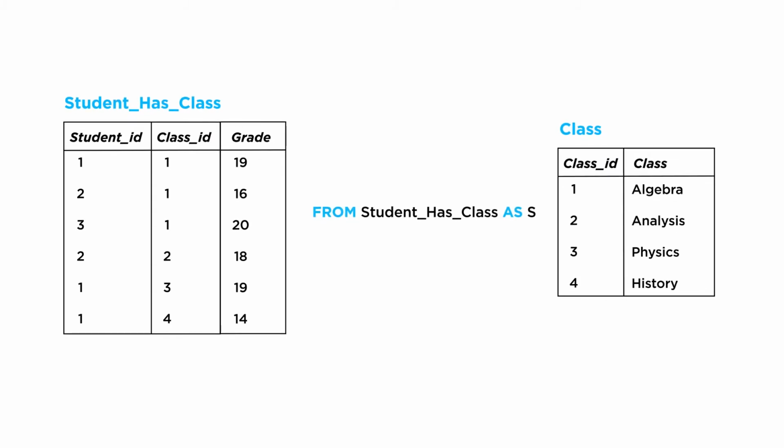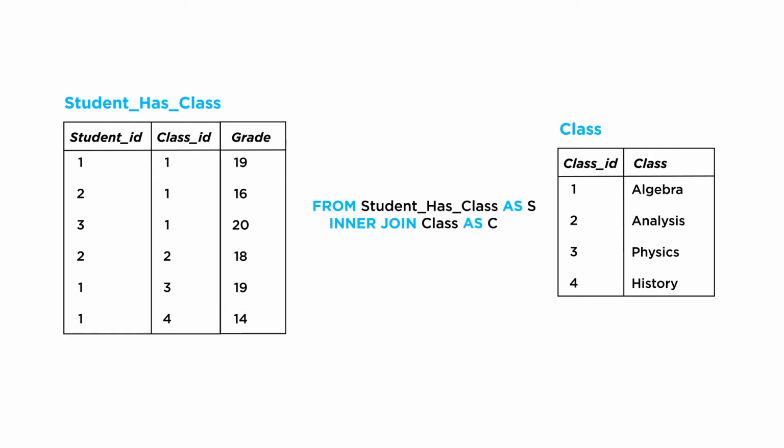We are going to use the join construct, and we are going to start with what we call inner join. Focus first on the from part of the SQL. So far, in the from part, we are putting just a single table. In the joins, we are going to change that. For the join, we put the tables that we need, and we put inner join in between. So we write from student has class as S, inner join class as C.